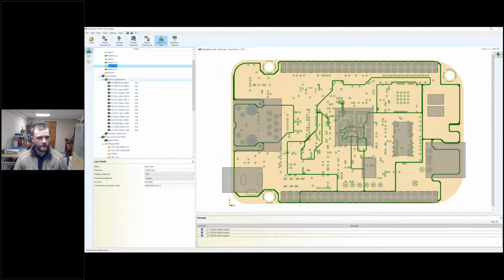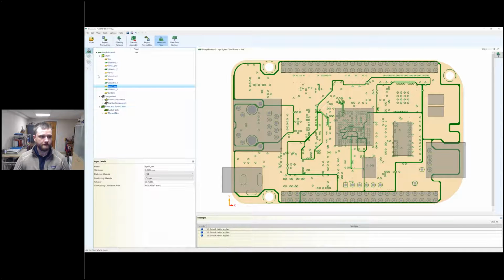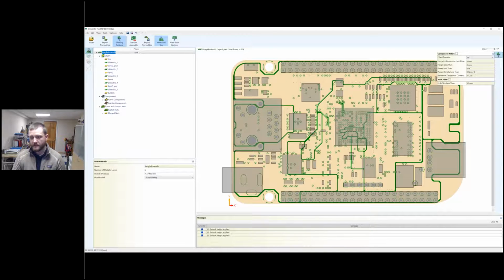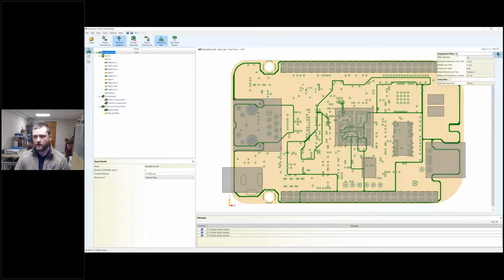Then down here we have our active components that have been imported. Then we'll have inactive components here in a second once we filter out some of the things that we don't need for the solution. We also have our power and ground nets defined as well. So if I go over to our filter here, you can see that I'm actually filtering out some components right now. If I turn off the filter, you can see all of these much smaller components. And these are really not relevant for this analysis. We're looking at second, third order effects here. So we'll go ahead and keep that filter on.